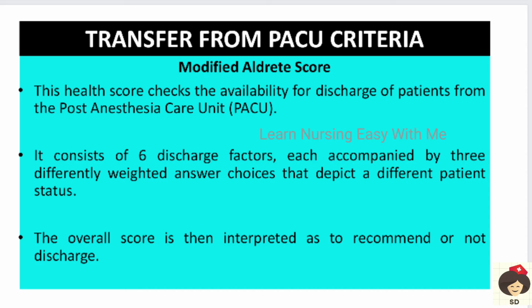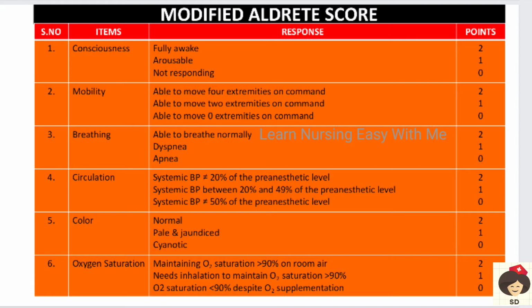Okay, next, in order to find if the patient is fit enough to transfer from the PICU or the recovery unit to the next level of unit, we have to do a modified Aldrete score. So this consists of 6 items with 3 weighted points for each item. Coming to the modified Aldrete score, first it is consciousness. If the person is fully awake, we give 2, arousable on command it is 1, and not responding it is 0. And mobility, so when all 4 extremities are moving, we give 2, and if only 2 extremities are moving or one side is paralyzed, then it is 1,